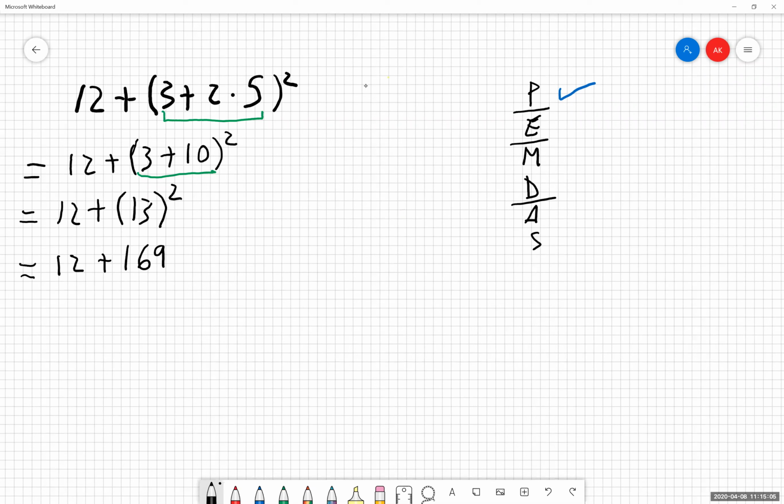So now I've worked with my exponents in the expression left over. I don't have any other exponents. Great, so let's get that checked off. Do I have any multiplication or division going on? No, so I'm done there. I just have addition and subtraction. I have 12 plus 169. We can use our calculator to solve that if we need to. So just add those together and we're getting 181. I can't do anything else. And so I have my final answer of 181. And I'm done.